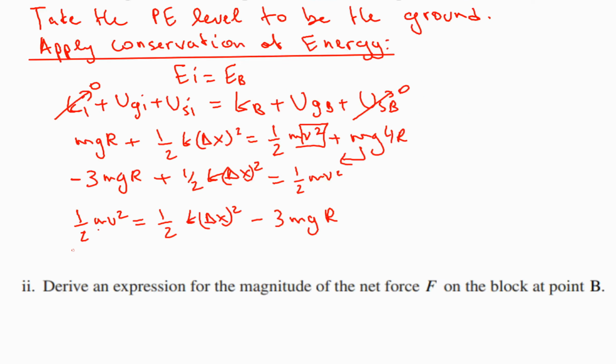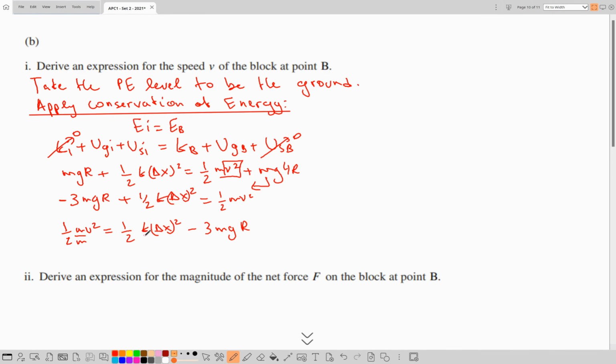And now let me divide by m. So these will cancel, and let me multiply the equation by 2. We would get that v squared is given by